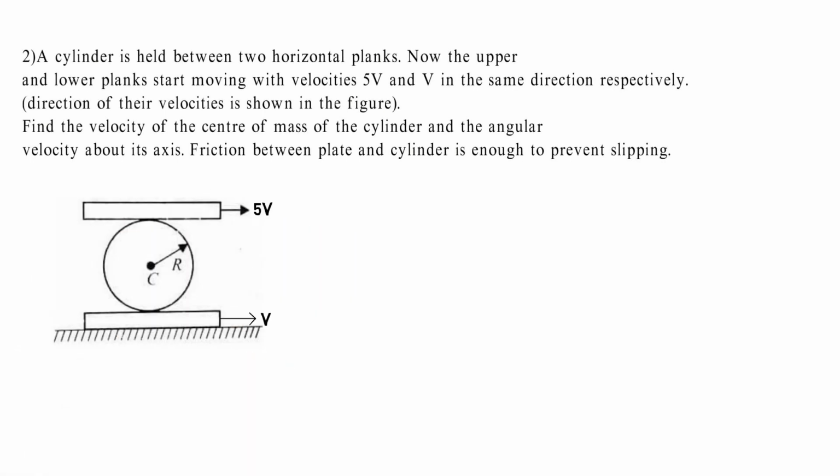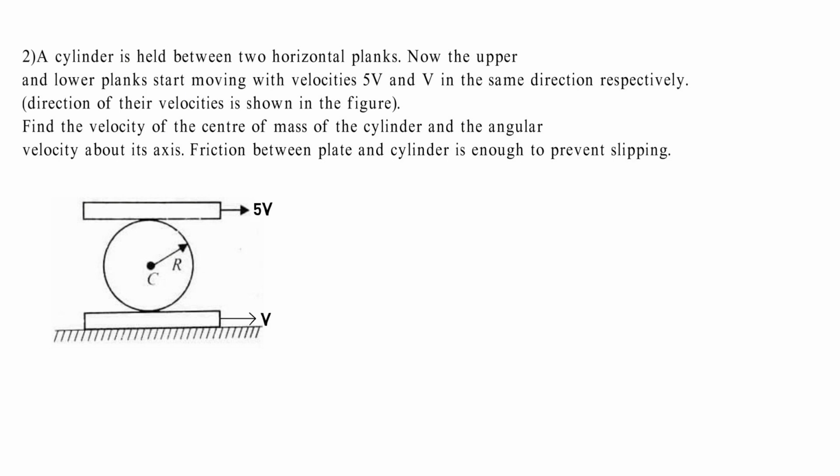So we have another problem here. The cylinder is held between the two horizontal planks. Now the upper and the lower planks start moving with velocities 5v and v in the same direction respectively. The direction of the velocities is as shown in the figure. Now you have to find out the velocity of the center of mass of the cylinder and the angular velocity